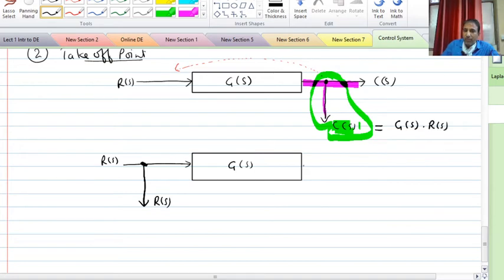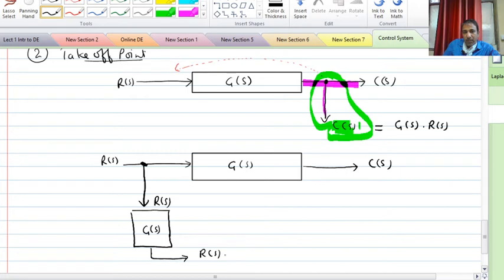Okay, it means we have to add another block here with the same transfer function across which we are moving our takeoff point. So in this way this will give you again Rs multiply Gs